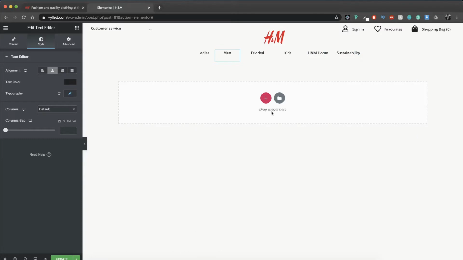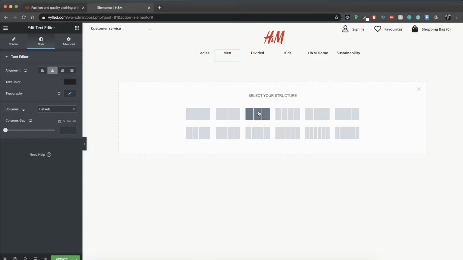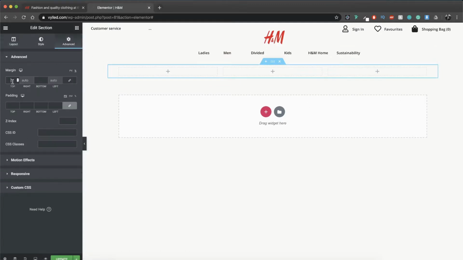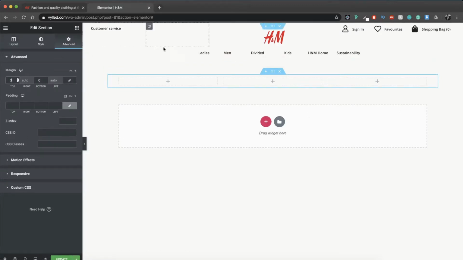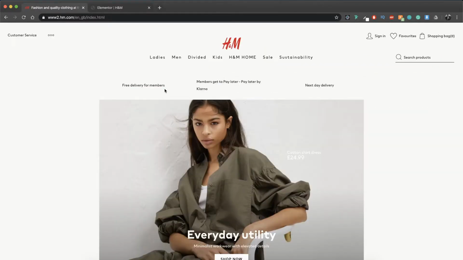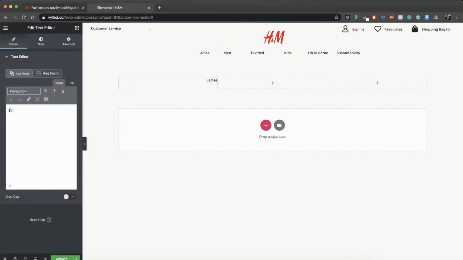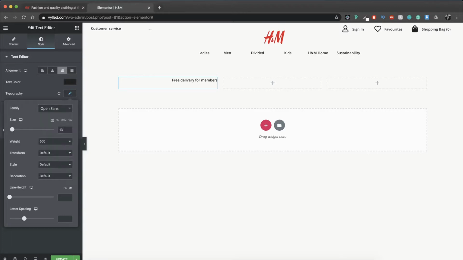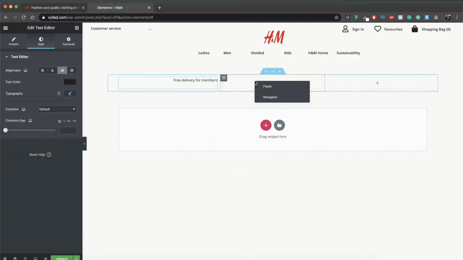Nice, seems good. For the next section, we are going to create a 3-column section with 3% margin, and in each column we're going to put a text, and the text is going to say free delivery for members. The font family is going to be Open Sans as well. The font weight is going to be 500, and we're going to copy this one for the next